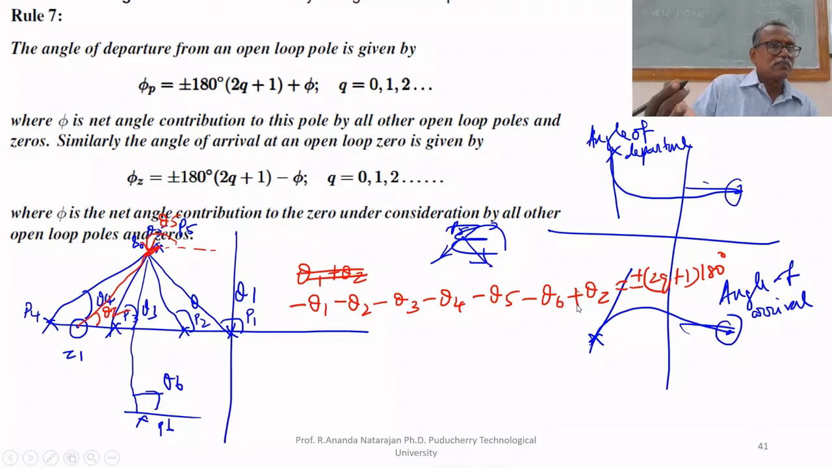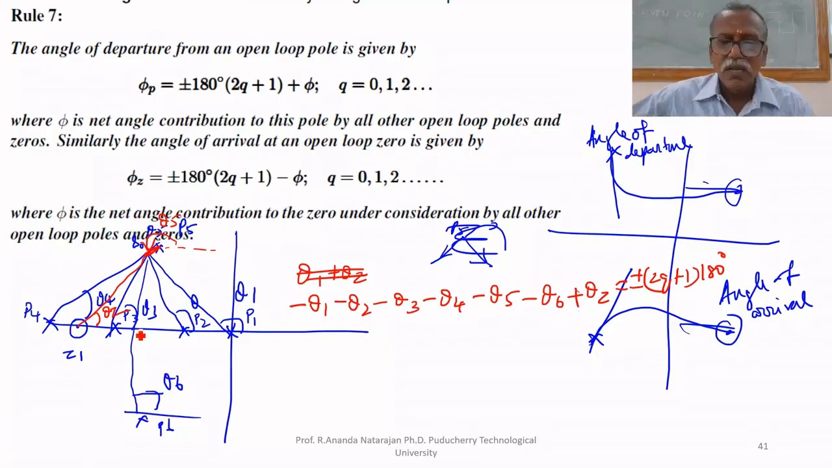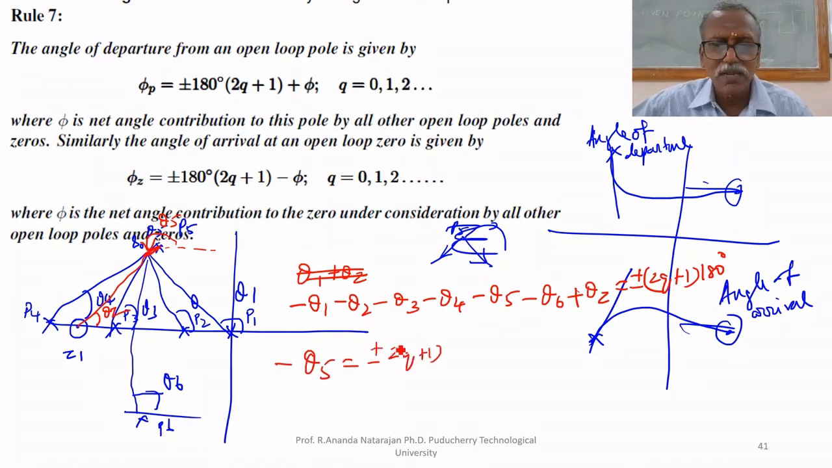Why do I put minus 1? Because these angles are for the denominator polynomial. Theta 1, theta 2, theta 3 up to theta 6 are for the denominator polynomial. That's why minus. Theta z is for the numerator. That's why plus. If you add all this, that must be equal to (2q plus 1) multiplied by 180. What is required? Theta 5 is required. Minus theta 5 equals plus or minus (2q plus 1) multiplied by 180 plus